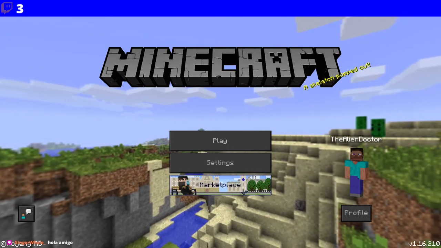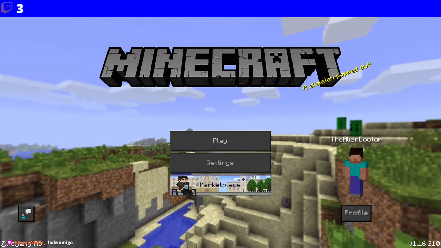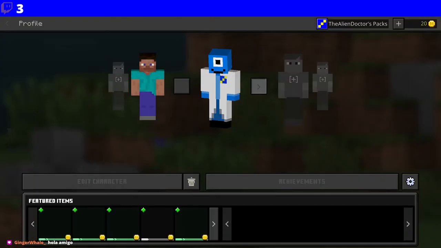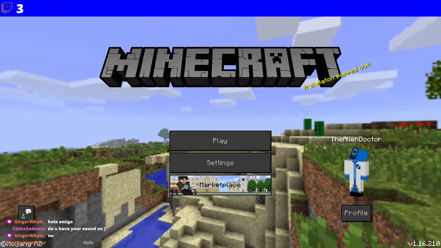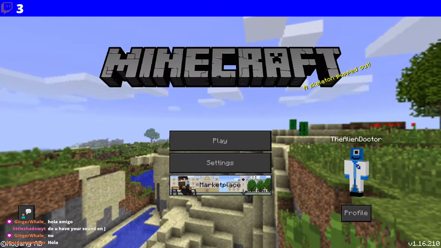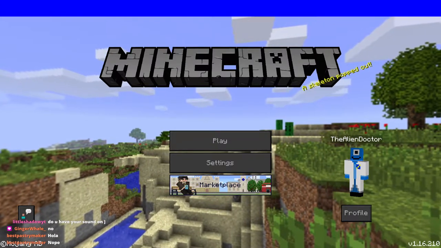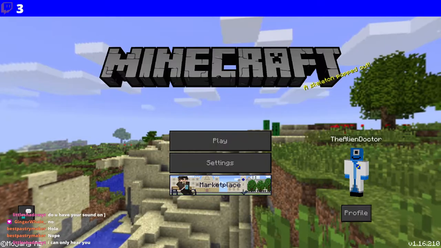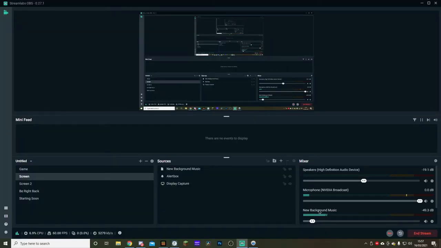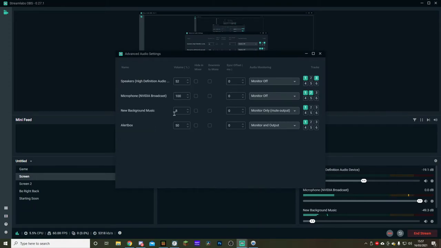Wait, so can you guys hear the music? Right. So look, if I switch to screen, can you see here? This is the background music, right? This is meant to be playing, and then the way it plays is new background music. I'm meant to be able to hear it, and you guys can hear it maybe because of